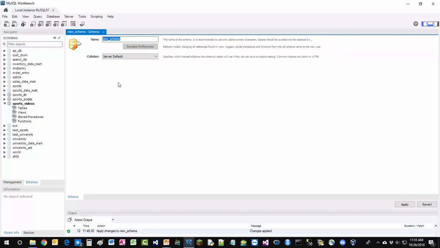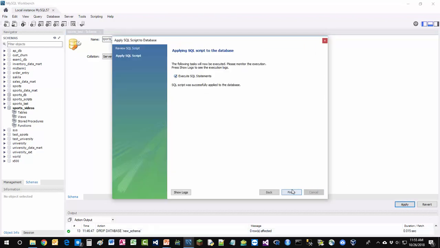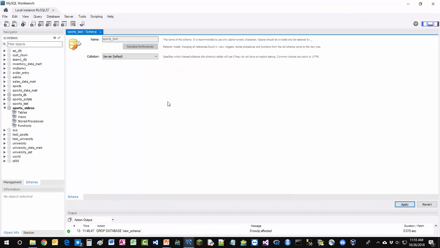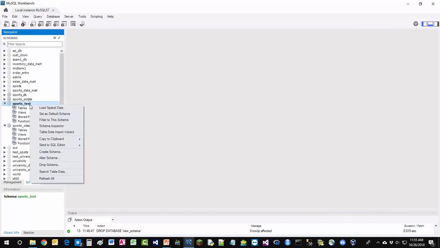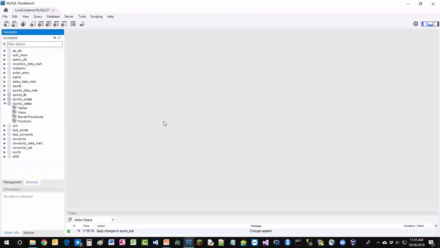I'm going to say something like sports_test, because I have a number of sporting goods databases, and then click the apply button twice. The second apply is going to run the script and create the database. Then close this window and double click on the database to make it active. Since I don't need sports_test, I'm going to drop it